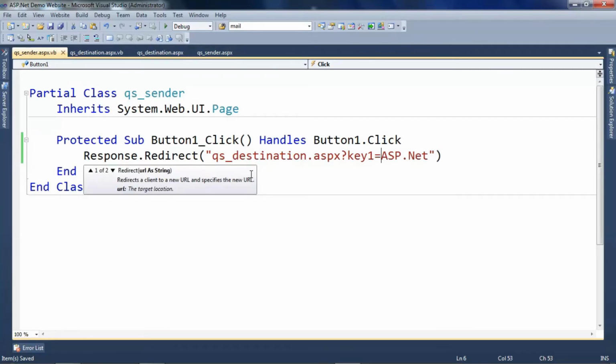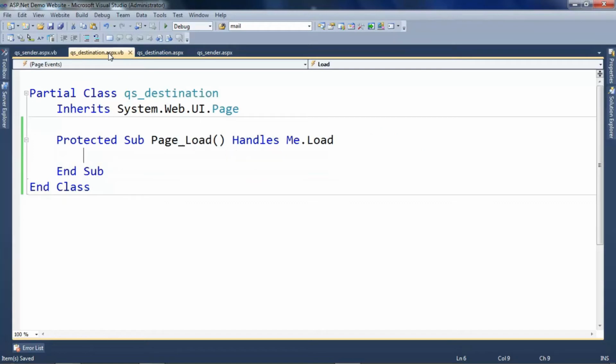So as soon as the end user clicks on this button, Response.Redirect will happen. It will take the control from this page to QS underscore destination, and along with it we will also append key1 equals ASP.NET.